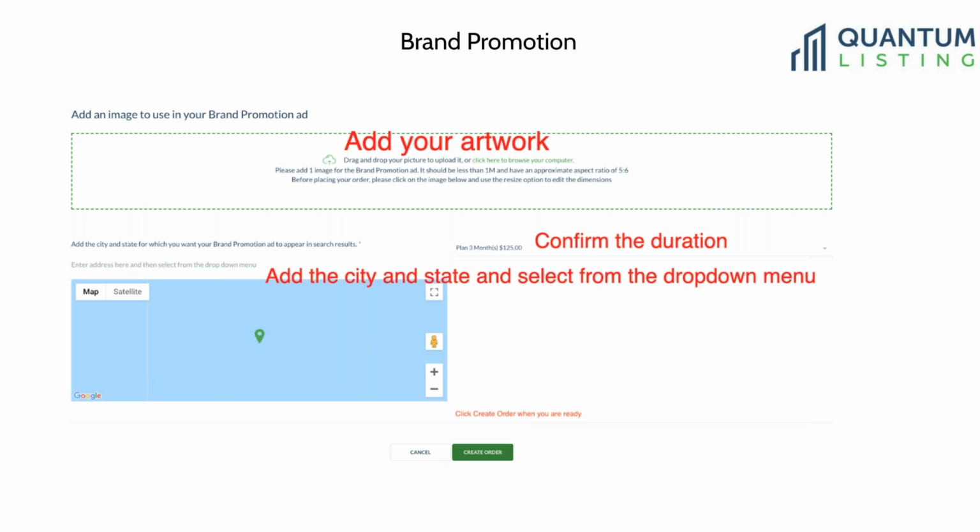So first you add that artwork. Then you're going to add the city and state and select it from the drop-down menu. And that is going to be right here in this area. And you'll know you've done it correctly when you see this area here, instead of showing the ocean, shows the area that you want your advertisement to appear in. And when you select that city and state, there's a radius of somewhere between 5 and 10 miles where that ad is going to appear in any searches